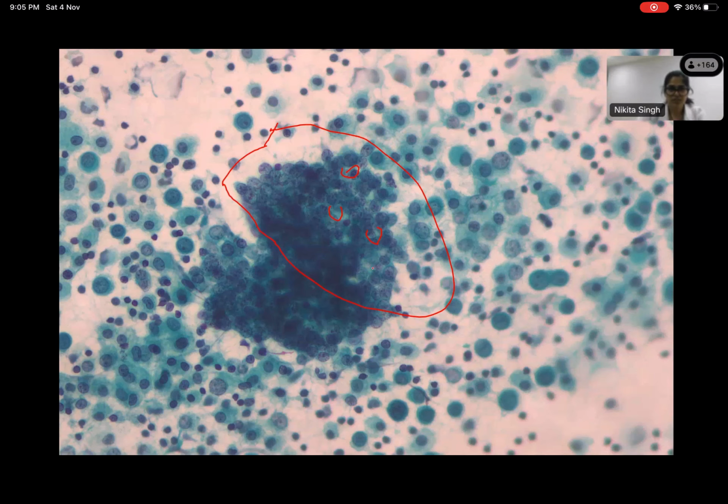Yeah, see, it is not a real adenocarcinoma. Probably this is a neuroendocrine carcinoma because this chromatin pattern is very neuroendocrine type. So if I am putting this diagnosis, I will say positive for malignancy, and the tumor cells are showing neuroendocrine chromatin pattern and arrangement. So possibility of a neuroendocrine tumor will be very likely. This will be my diagnosis.